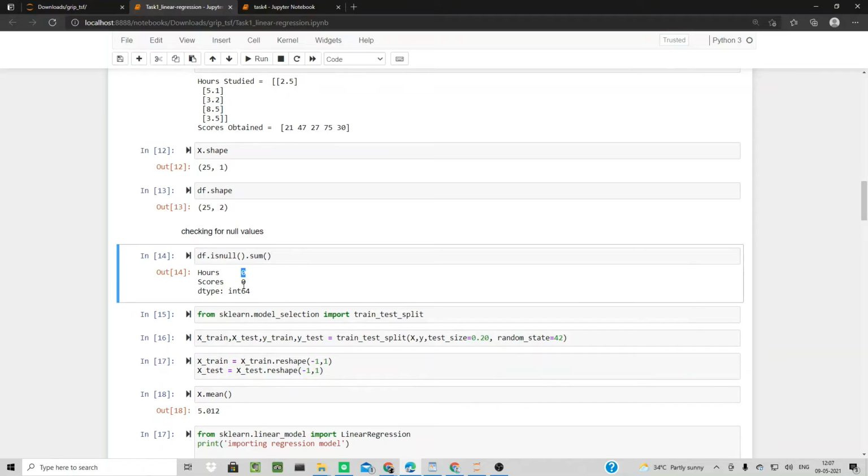If we check if there are any null values, then you could see there are 0 null values. As the data frame is small, if the data frame has null values, then the case is different. We need to do some feature scaling. So feature scaling is not required here.